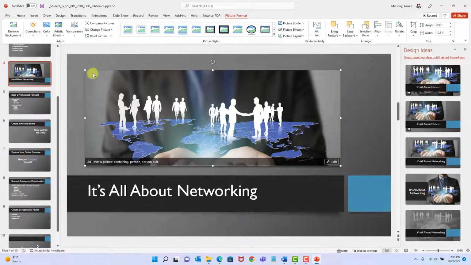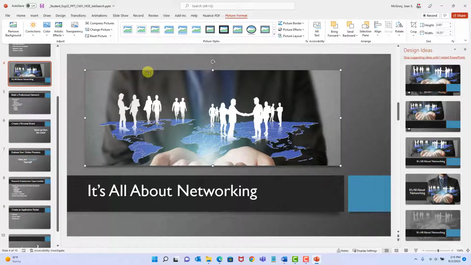Nice. Now, because we selected that container, we used the icon inside that container, it fitted very nicely onto our slide. It kept the sizing very nice. So now we still have it selected. I can see that because I have the dots around it, and I have a picture format ribbon that has become active. And if I expand this,